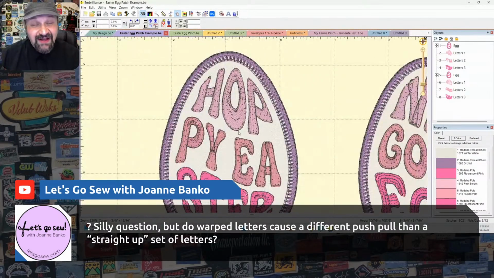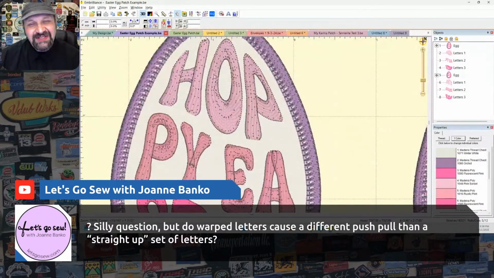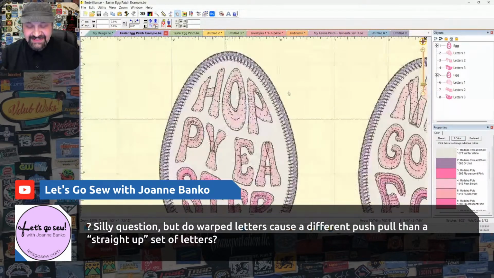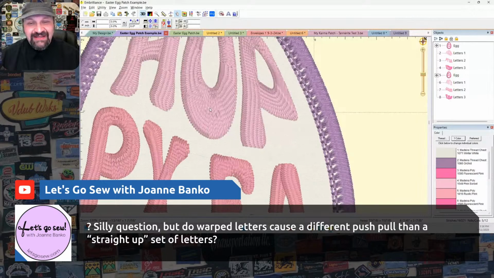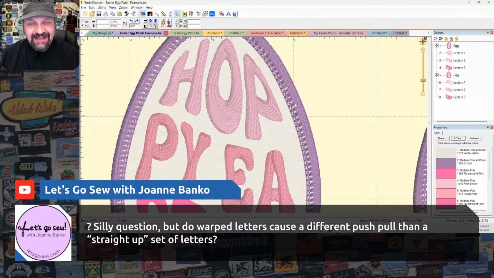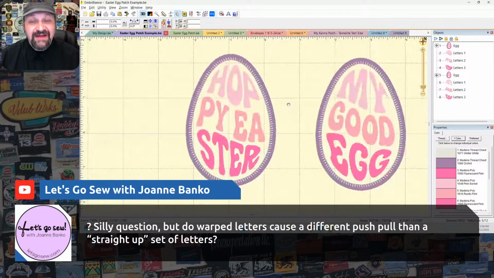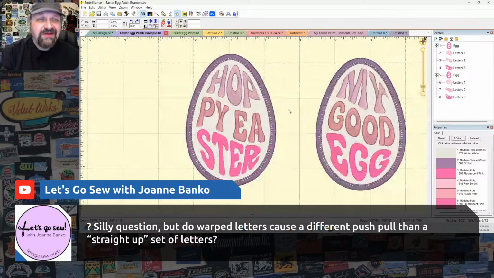We have really long stitches at the bottom of the O where we have short stitches in the horizontal. We have really long stitches in the vertical. Because warped text is just more likely to have these really long stitches and short stitches, I think you do sometimes see some variation in pull and push, mostly because we have some really long, wide columns, long stitches that tighten up, whereas